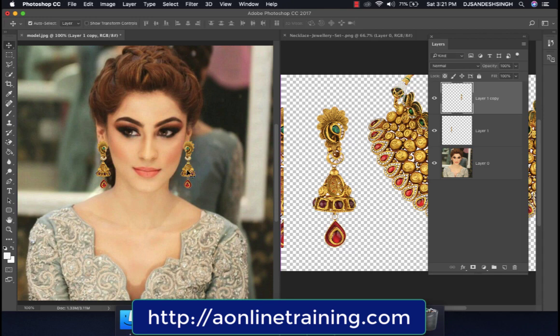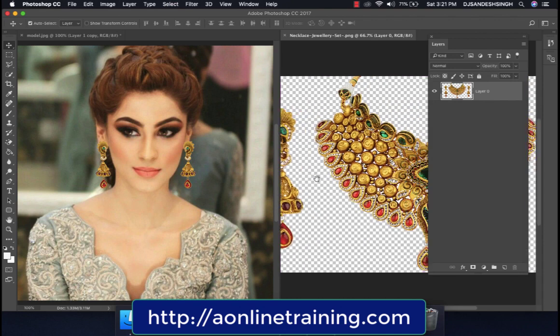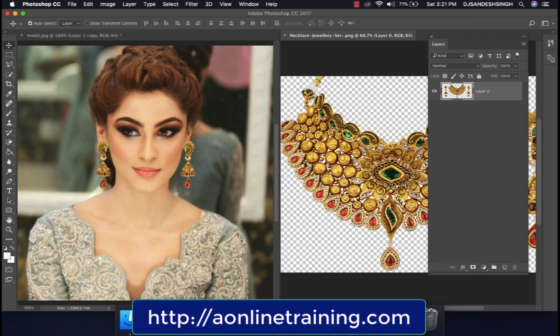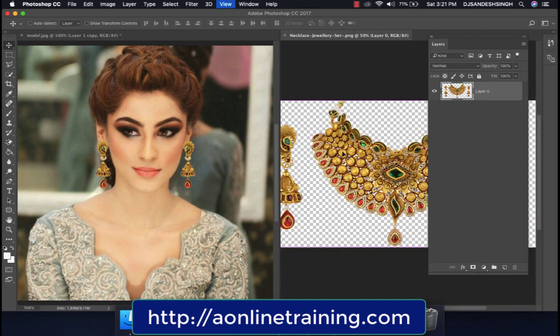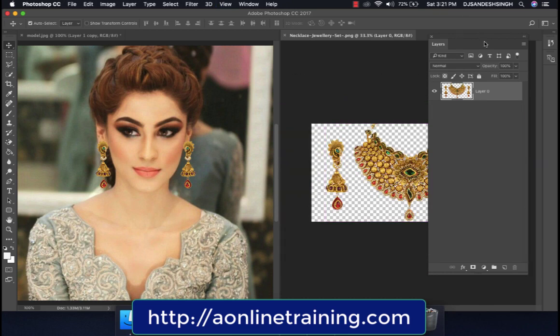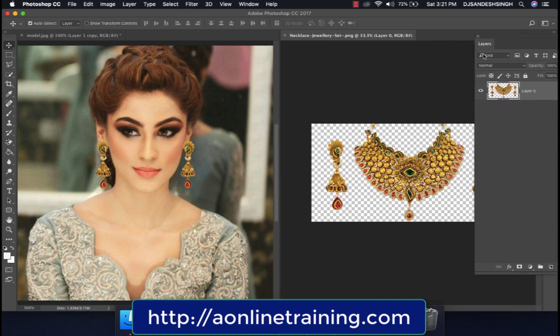Now we have to go for the necklace also. So same process with polygon lasso tool, but we have to press Control D to remove that selection, otherwise it will not give you another selection. So now make this necklace selection also, just keep aside this layer and use polygon lasso, click. Whenever you have done one selection and then you go for another selection, please press Control D, right? So just click and drag,